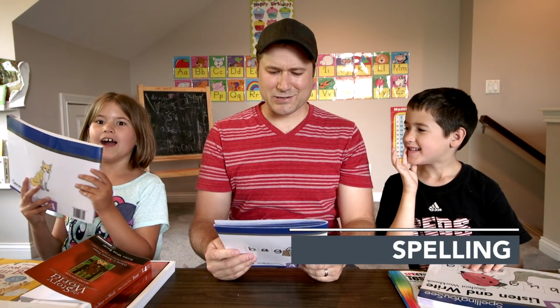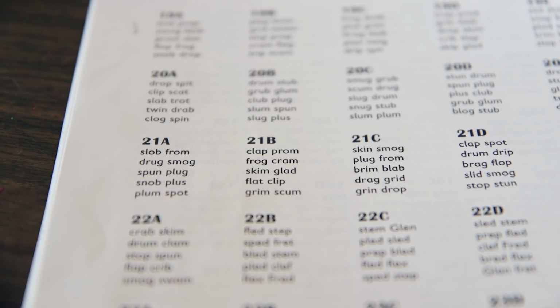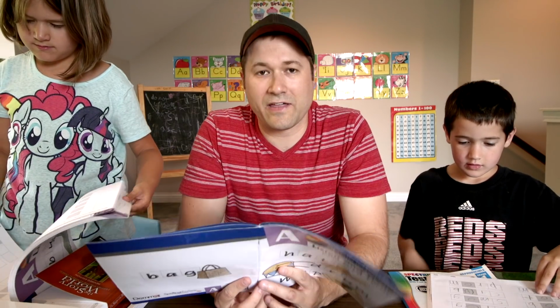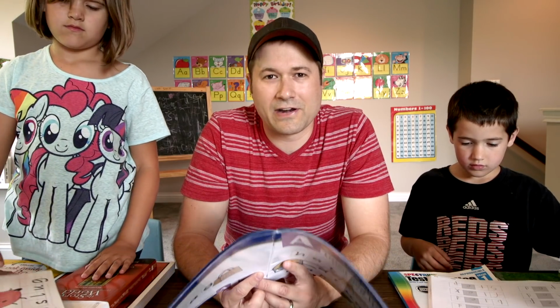So this is really interesting, the way this works. Teaching spelling, I would just read the word to them. For example, on page 21E, it has a list of the words that they need to spell. I don't tell them how to spell it. It's just like "flag," and they would just sound it out and figure it out, and they kind of learn